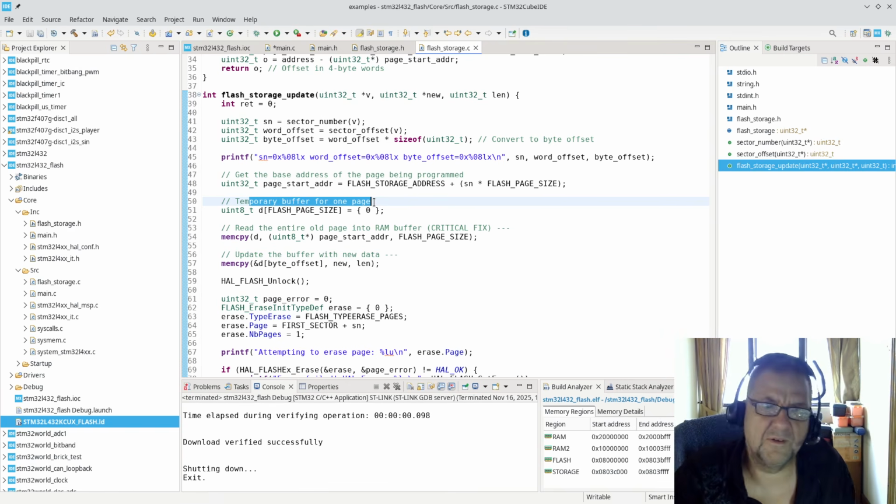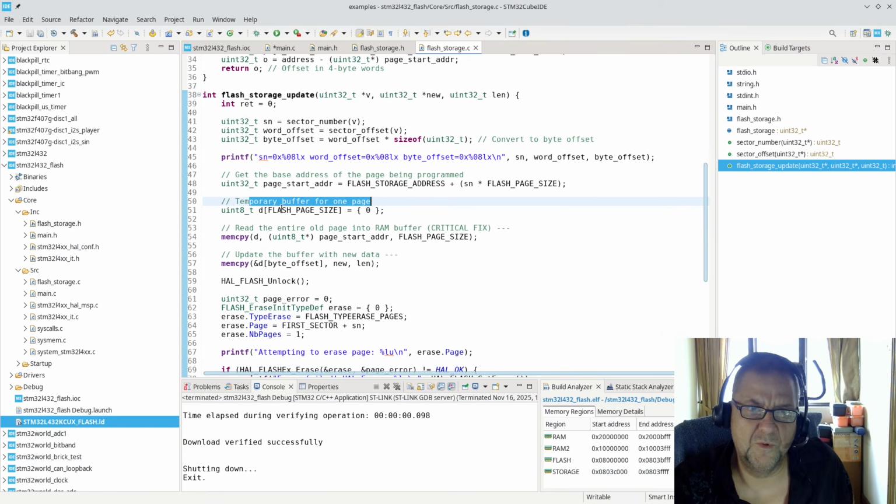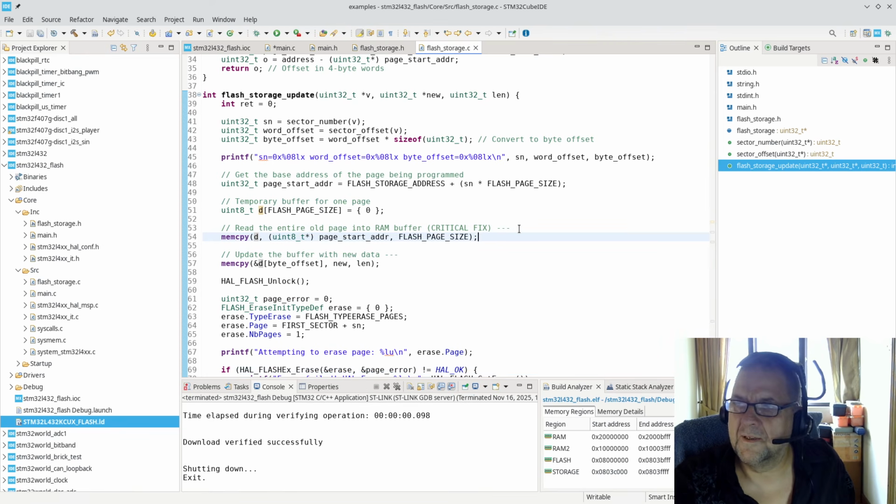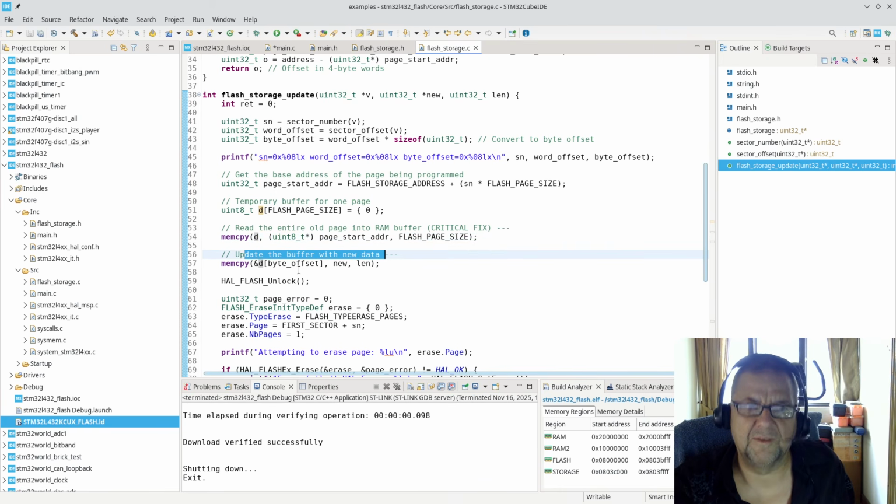Pages are 2048 bytes long, 2 kilobytes, and I make a buffer that is essentially that size. Then I simply use memcpy to copy the entire flash contents into that buffer. Then I update the buffer with the new data, and then it is time to write that back to the